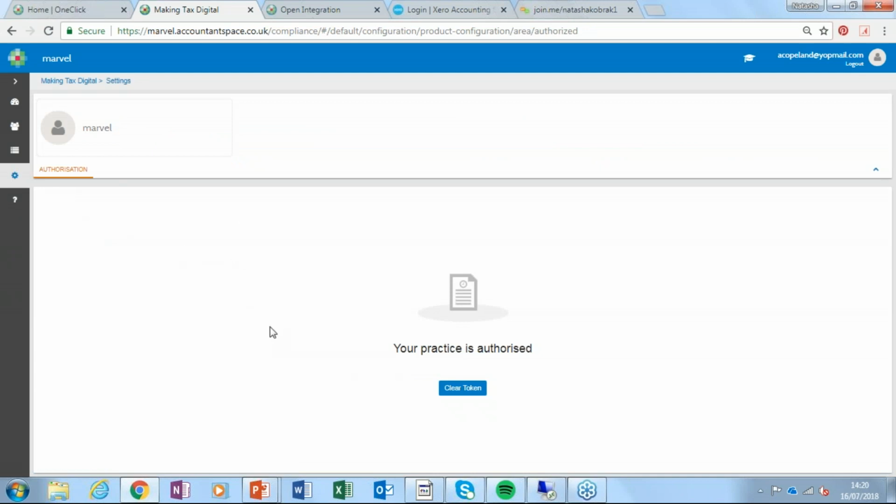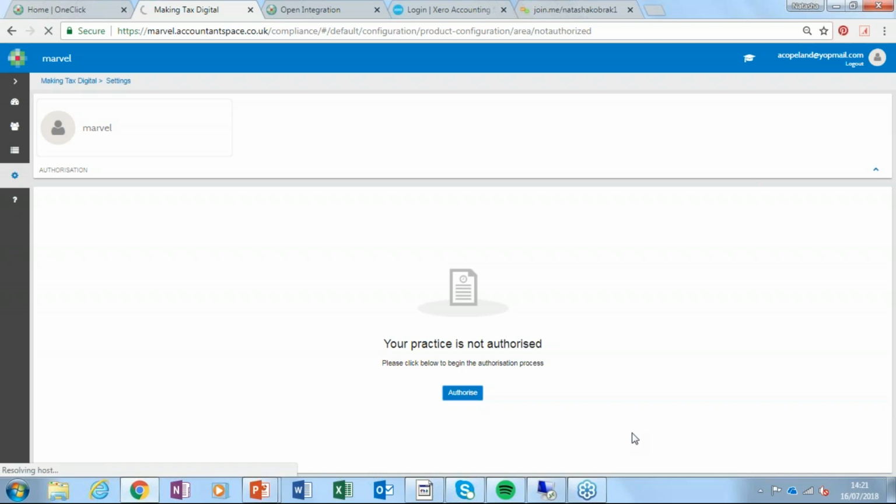And within here, this is where you set the practice up so that it can communicate with HMRC. So I'm actually going to clear the token that we've got here and I'll go through the authorization process. So if I click on authorize,